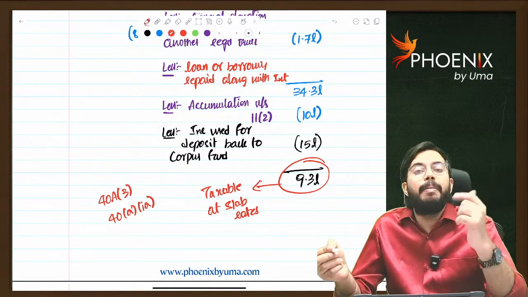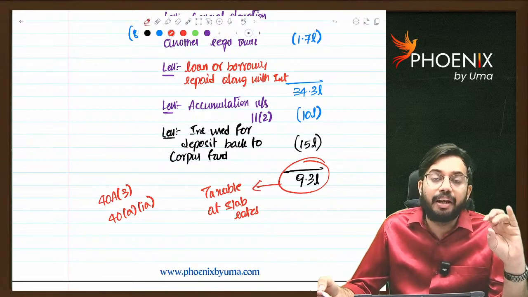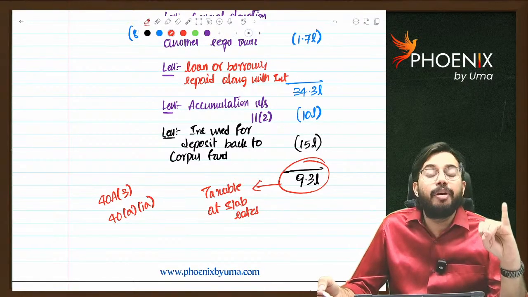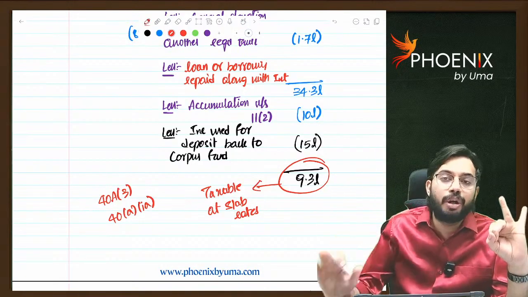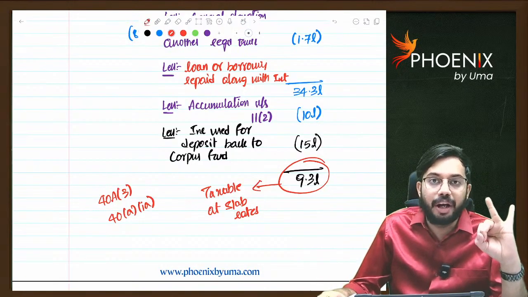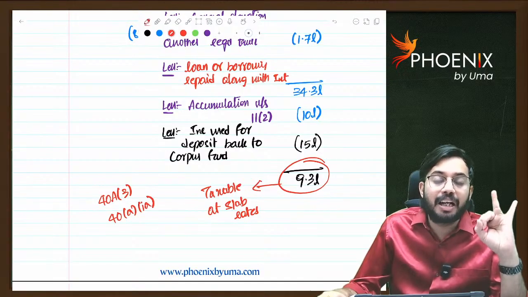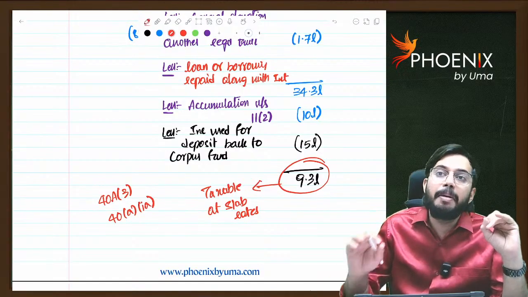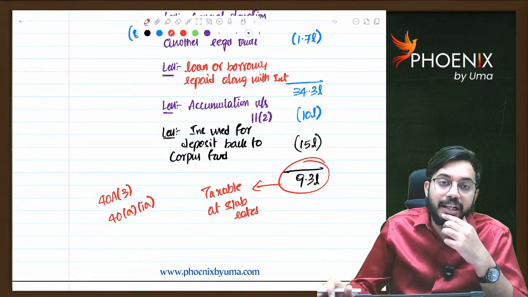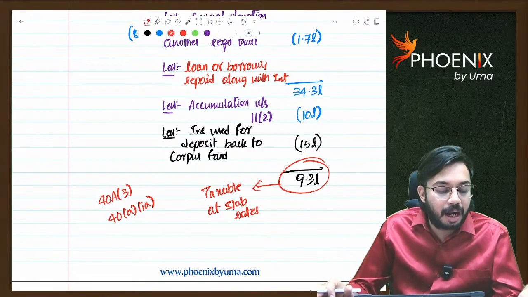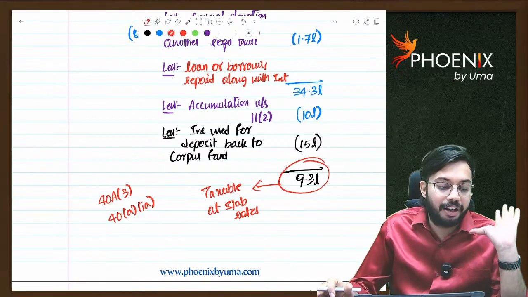When you are making payment to a resident, two conditions are there. You should deduct TDS before 31st March of the previous year, and the deducted TDS you should deposit to the government before the ITR due date. If both these conditions are satisfied, then 100% of the expenditure is allowed. Otherwise, 30% of the expenditure is disallowed. Same provisions are applicable for trust as well. Are you able to understand?